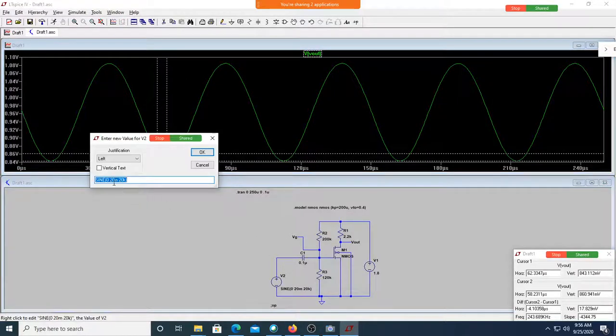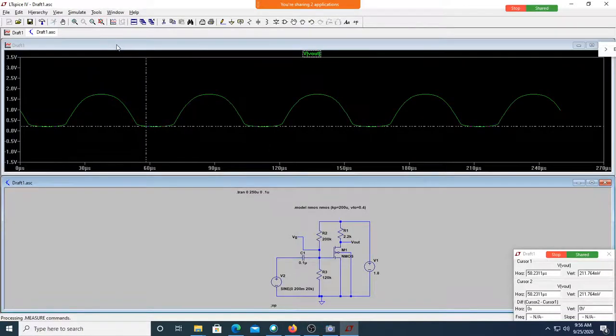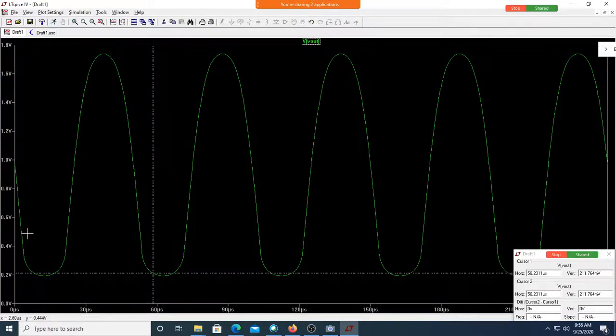Let me just make it 200 millivolt and try to see what happens. This is 200 millivolt. Let me run it. Okay, now see here. Which is the point? 275 millivolt. Is it somewhere here? Yes, sir. Can you see here, as the waveform comes down, the shape of the waveform is not sinusoidal? Yes, sir.